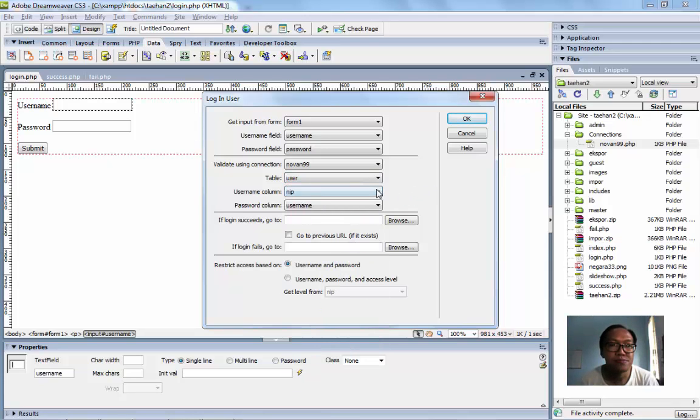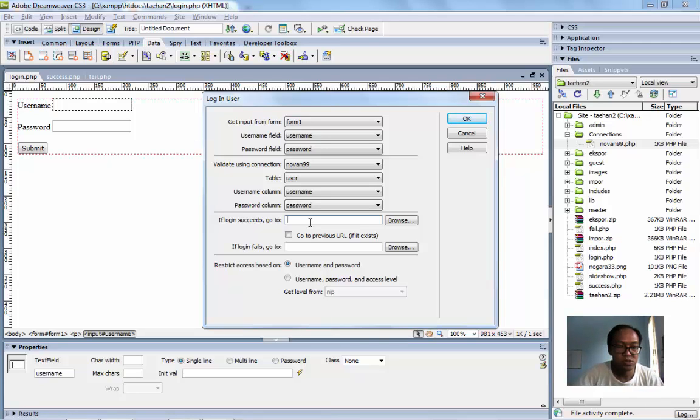We map the username column to the username column in the table, and the password to the password column in the table. And then in the field for login success,